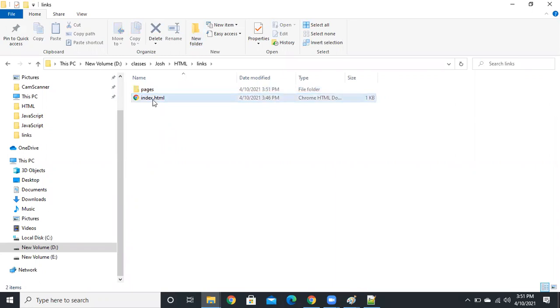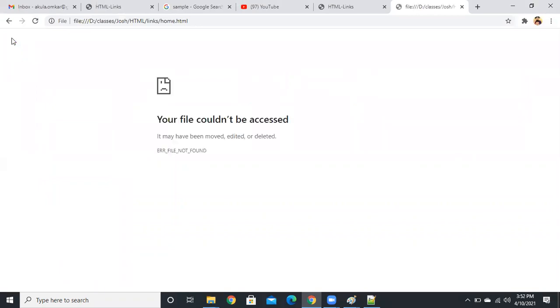Now I'm going to open index.html and click on home. It won't navigate because the path has changed. You can give the full location, but it will work only in this folder, in this file only. Suppose it's on the D local disk, it will work in D only. If you change your location or insert one more folder, it won't work. If you have a fixed location you can give it like that, but don't. It should change dynamically, so that's why we are going to change it.